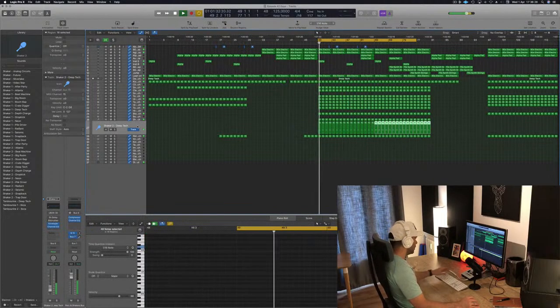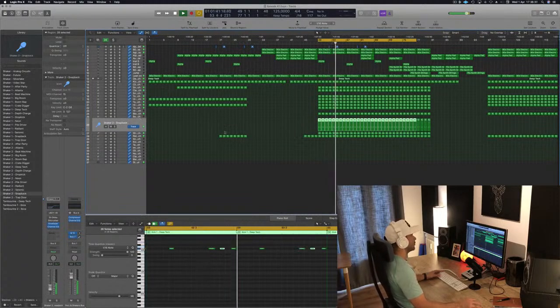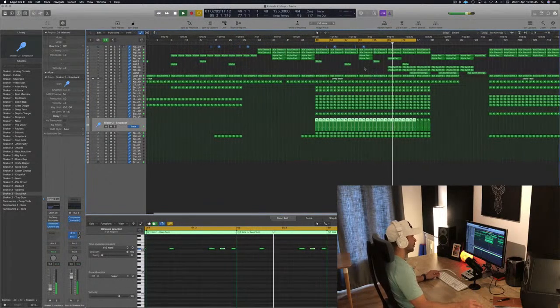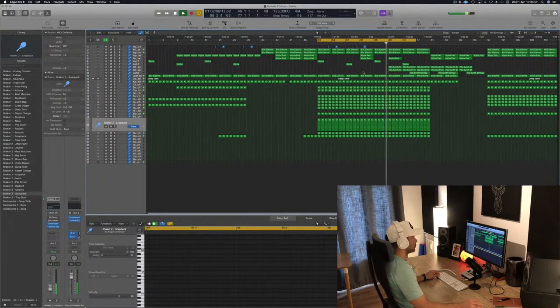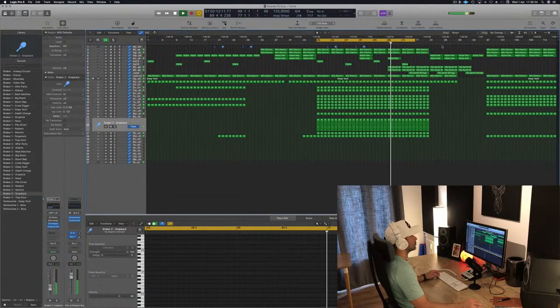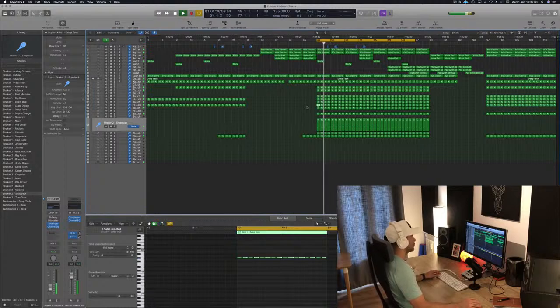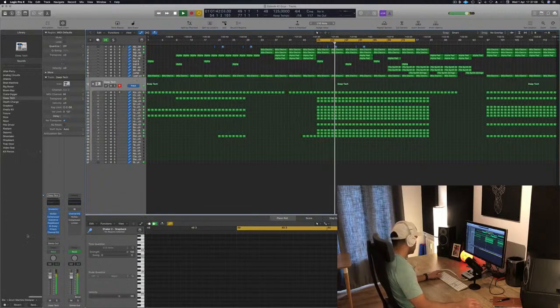Some mixing is needed, but now we definitely have a little bit more of a groove. So we're gonna move on to the next part, which is already there waiting for us. Gonna go into this, gonna check